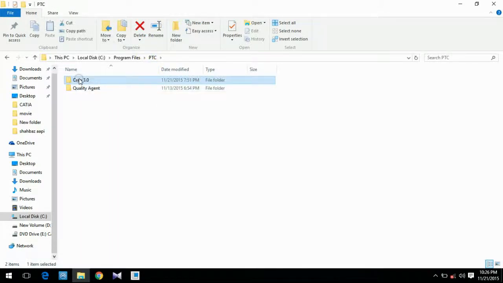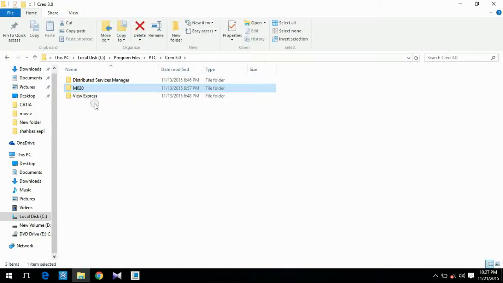Just think you installed Creo 1.0 M010, then you will get a folder Creo 1.0, and under that you will get M010. But in my case I installed Creo 3.0 M020.